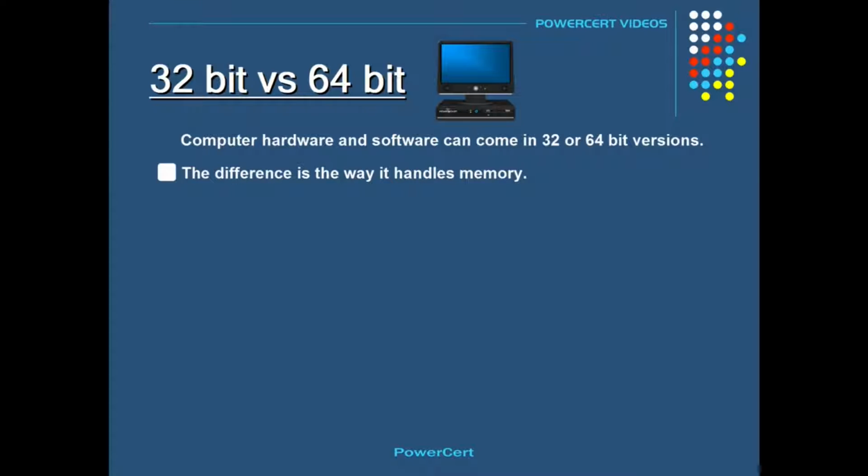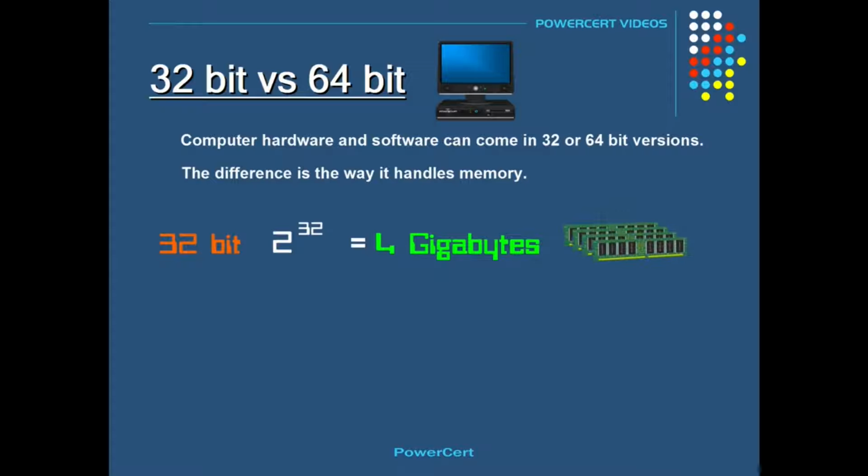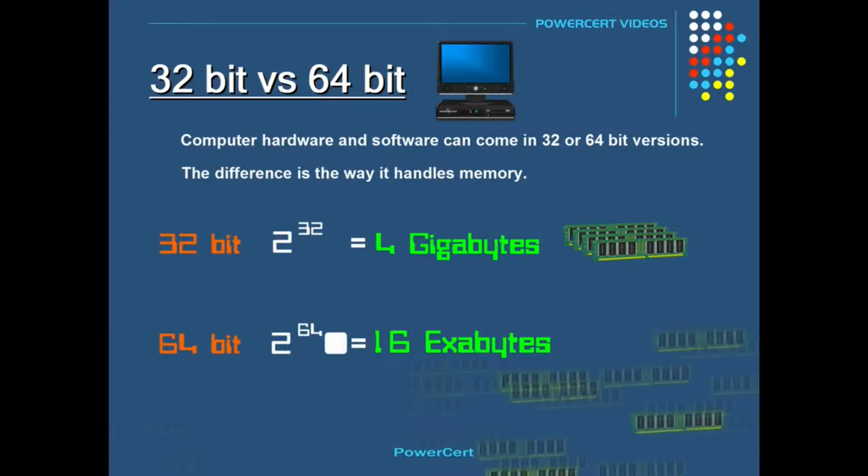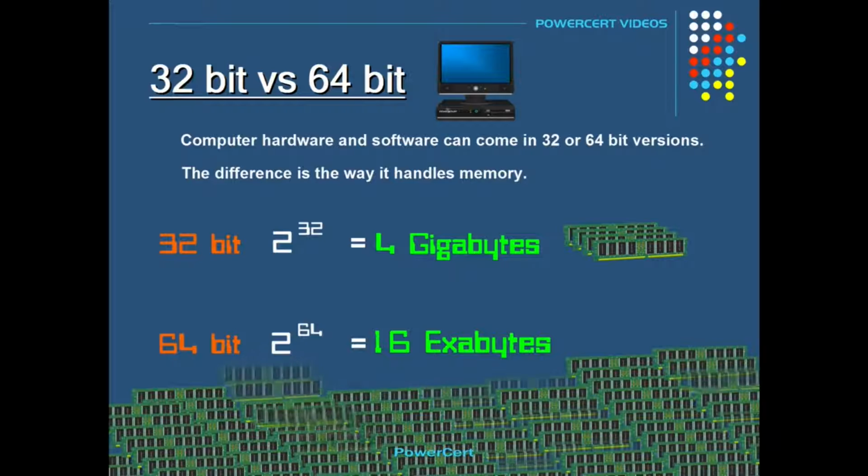refers to the memory that it can address. A 32-bit system can reference 2 to the 32nd power bytes of memory, which equals about 4 gigabytes. However, a 64-bit system can reference 2 to the 64th power bytes of memory, which equals about 16 exabytes, which is 4 billion times more memory than a 32-bit. Now that number is so huge that it's virtually unlimited, because we will never need to use that amount of